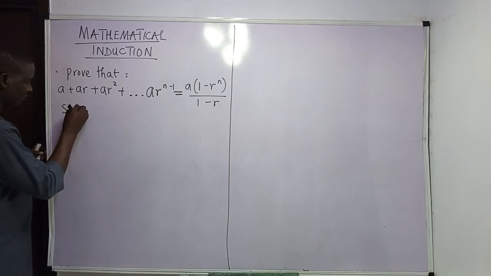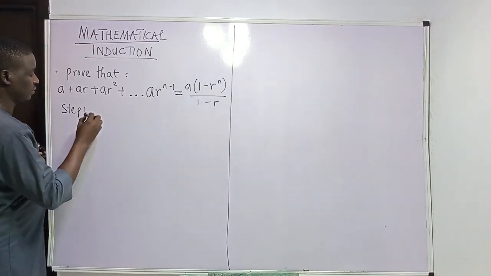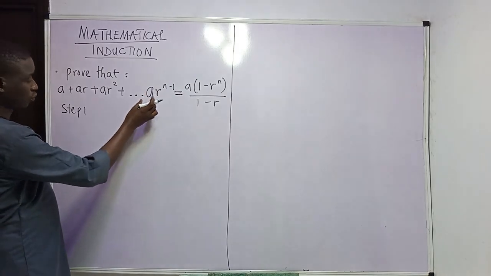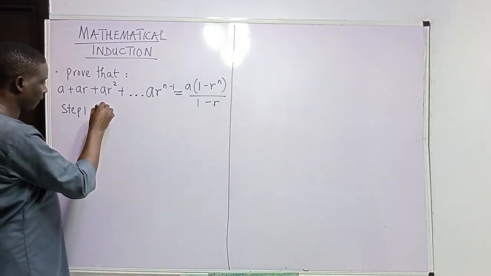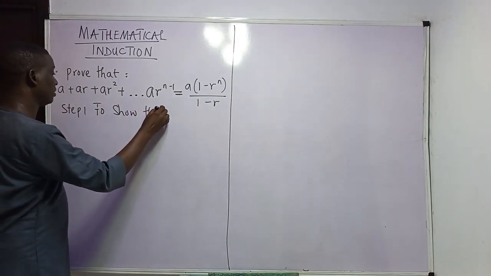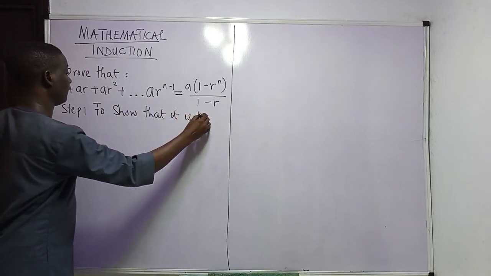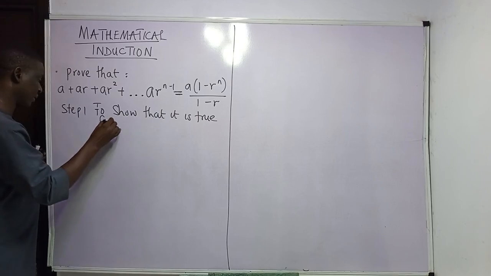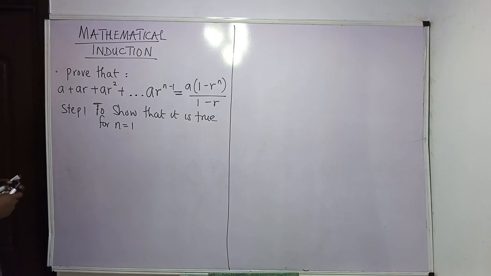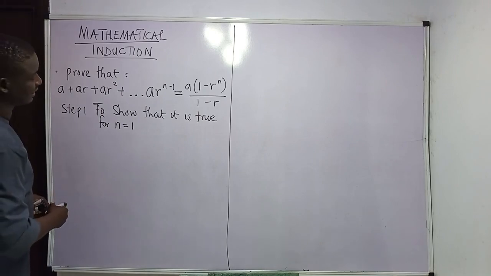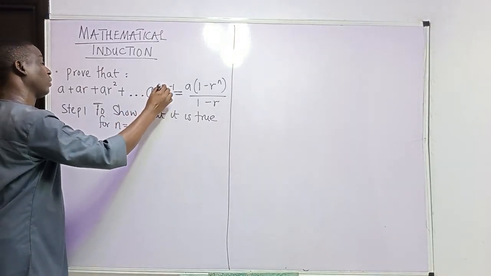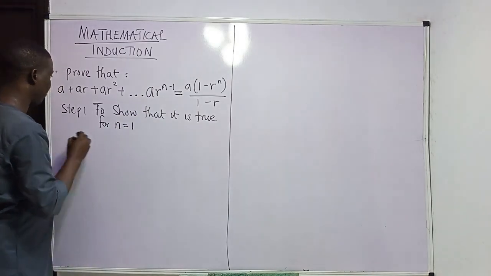This is step 1. Step 1 is to show that it is true for n equals 1. Now we put n equals 1 here. This is n minus 1. So put it there. What we have is